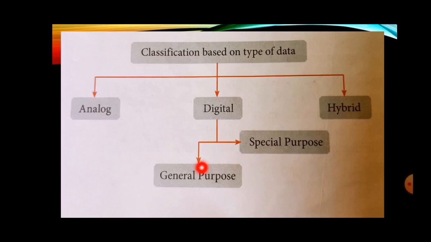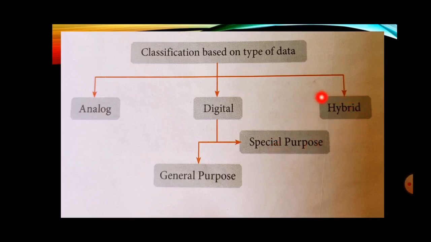Depending upon the software, various tasks can be accomplished, such as writing and editing in MS Word, editing pictures in Photoshop, etc. The second one, classification under digital computer, is special purpose. Special purpose computer is the one that is designed to perform a specific task. The instructions to carry out the task are permanently stored in the machine. Such computers are not versatile. They can only perform the task they are programmed to do again and again. They are used for traffic light control system, weather forecasting, launching satellite, etc.